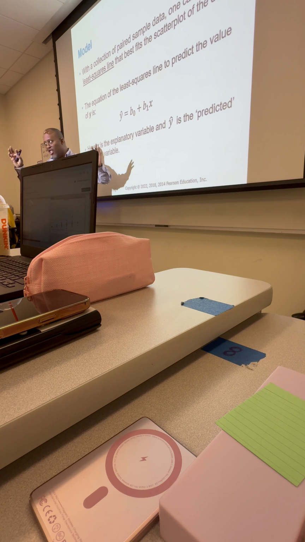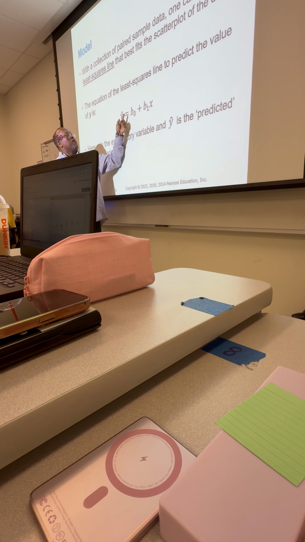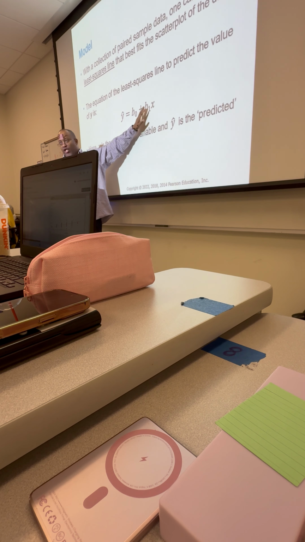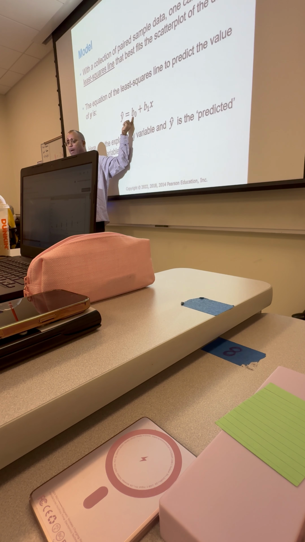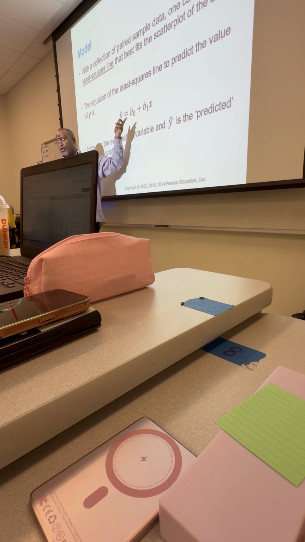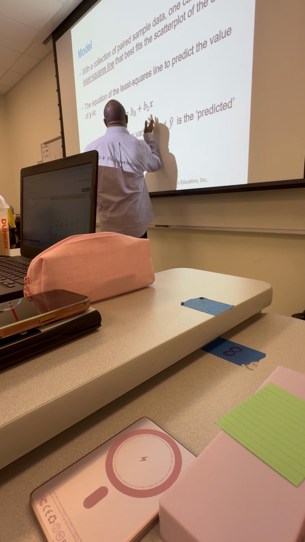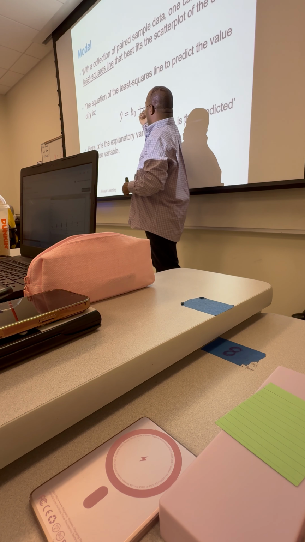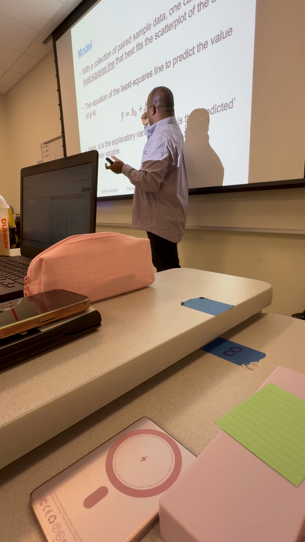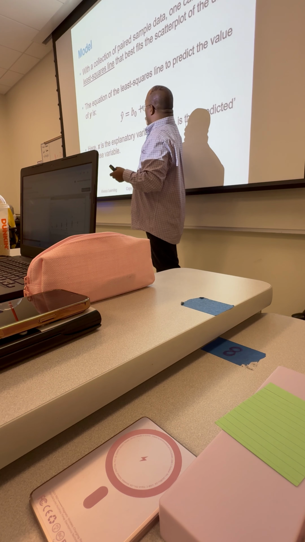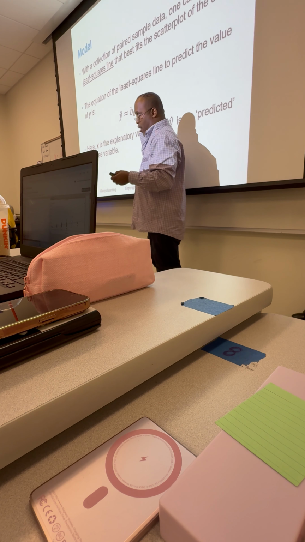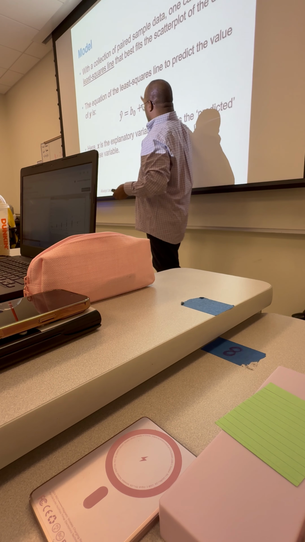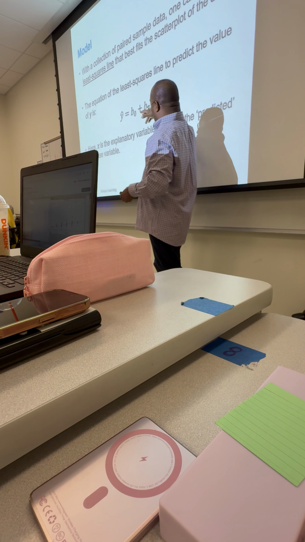So, this is called the least squares line, or regression line. And it's just like mx plus b. But instead of that, in statistics we use b naught and b1. b1 is like the m, the slope. This is the slope, and this is the coefficient. This is the constant, or the intercept. So in statistics, we put it backwards. We put the constant first, and then the linear combination part second, the slope and the independent variable. I'm not going to cry if you had it the other way. I'm just saying this is our custom in statistics: the constant first, then the slope, and then the independent variable.